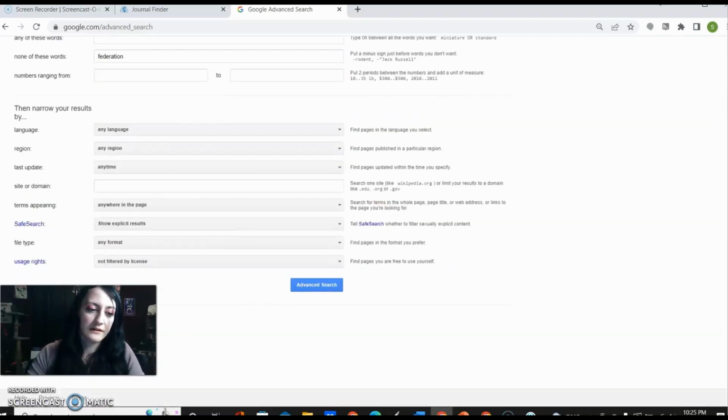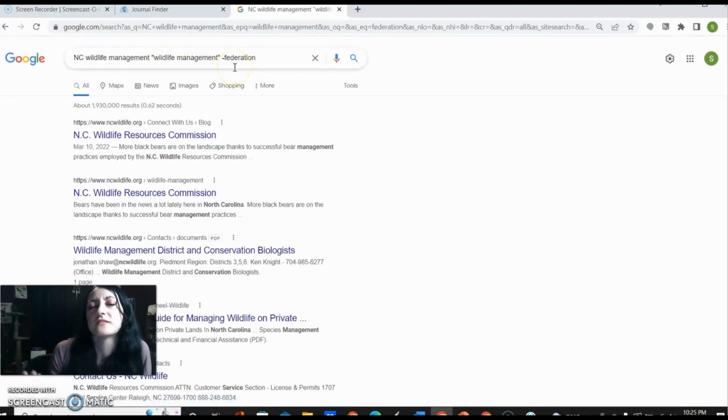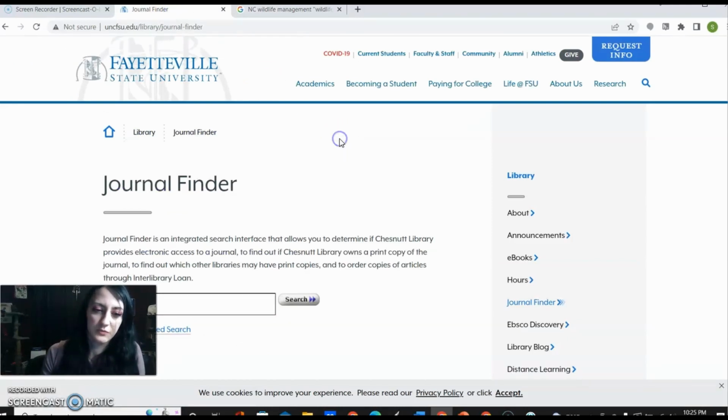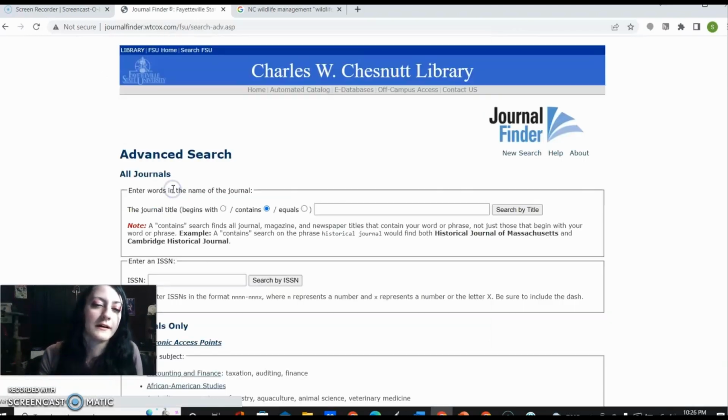I can scroll to the bottom, hit advanced search, and it does all that work for me, right? That's what an advanced search is. It's getting more specific now. Your school can also do that as well. One of the things I recommend is just looking for